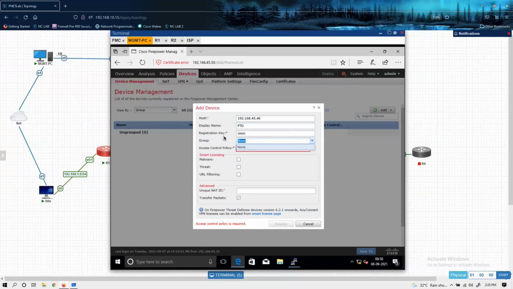Let's say at a location you have 4 firewalls and you want to group them together, then you can use it. And this block policy, I created this yesterday, okay? Because whenever you are going to register your device, you need to define a base access control policy, which will enforce default action. So I created this block policy yesterday, right? At the time of registration. And here you will click on register.